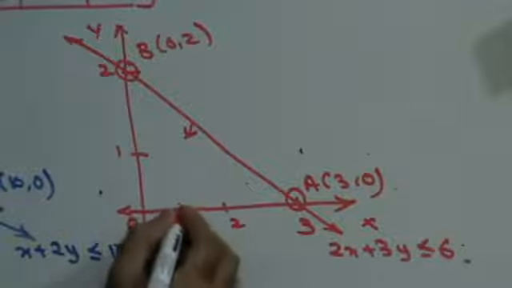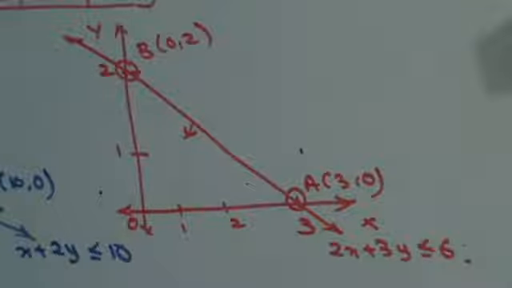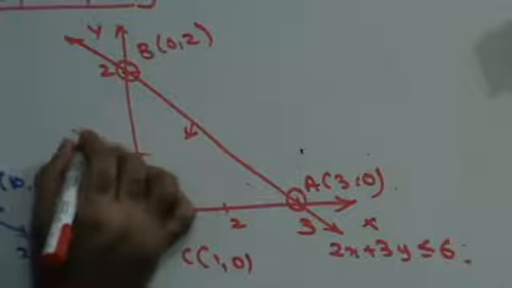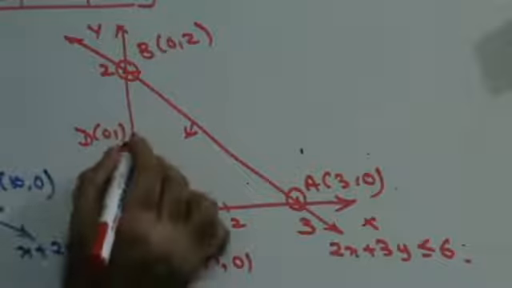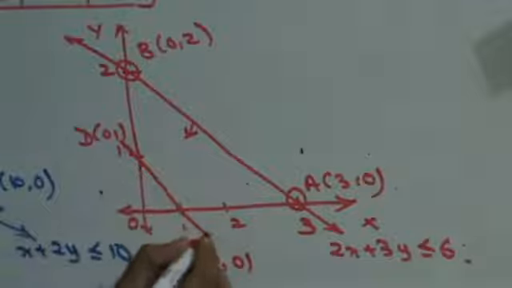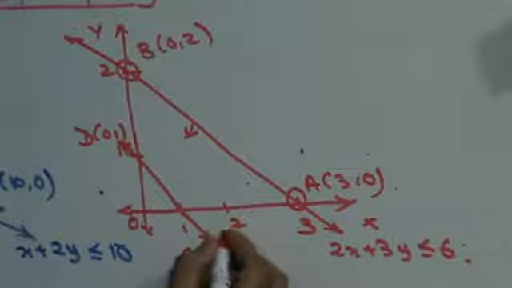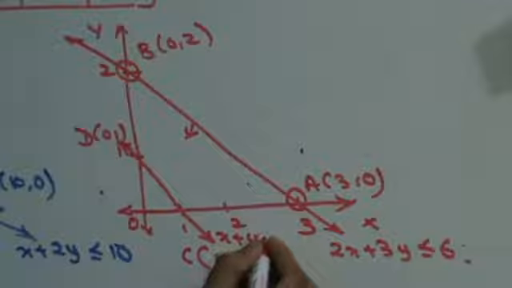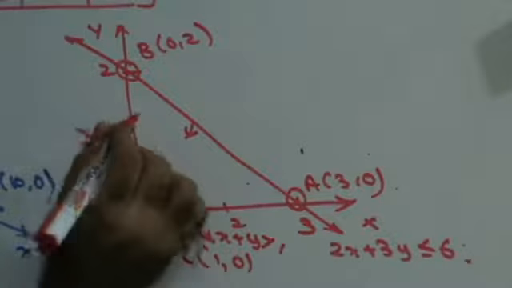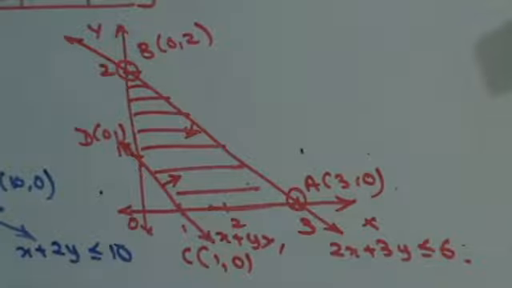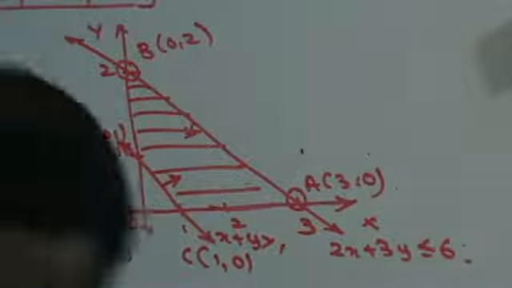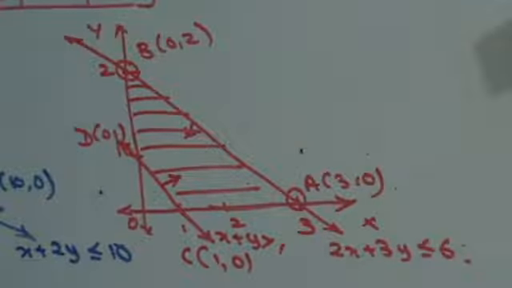Next, this is going to be that point C, which is (1, 0). This is going to be that point D, which is (0, 1). In which case I'll get x + y greater than or equal to 1. Greater than 1 means above this line. So which is the region common to them? The region common to them is this. Since the two lines are not intersecting, I don't have to solve the two equations simultaneously. Straight away I can say the corner points